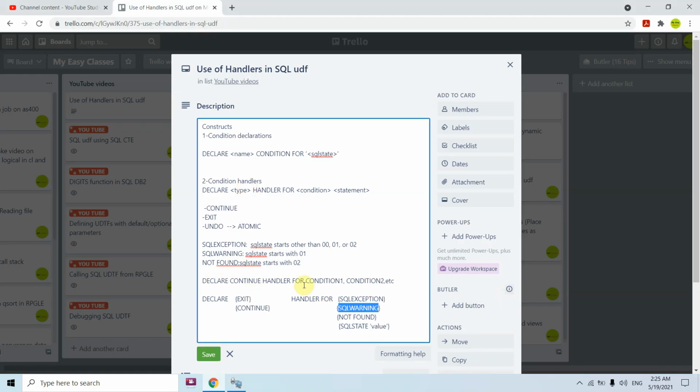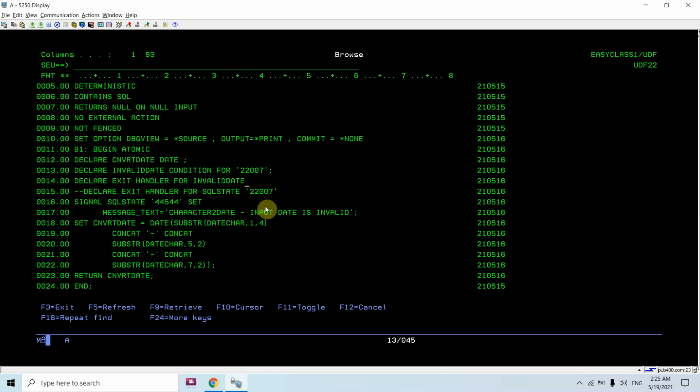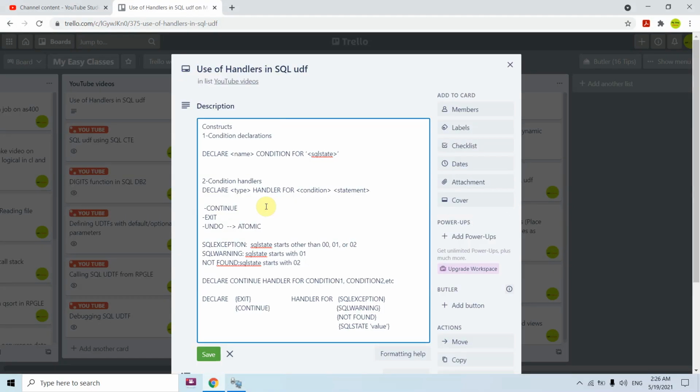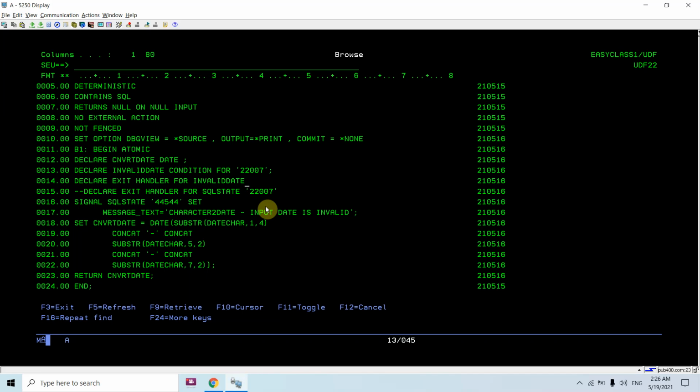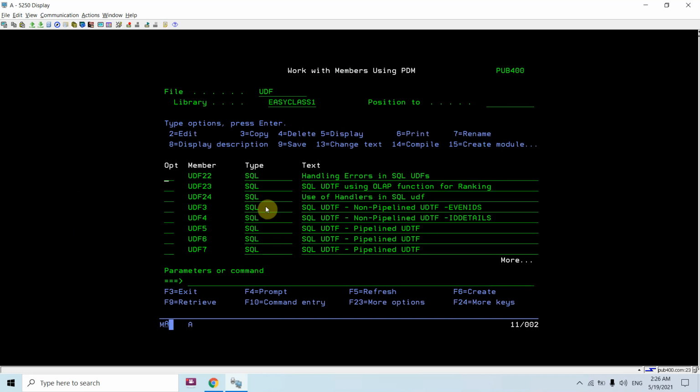So I mentioned here that declare continue handler or exit handler, whatever you are declaring, for condition 1 or condition 2, etc. You can have multiple conditions separated by comma. This way you can define or use the handlers in the function.